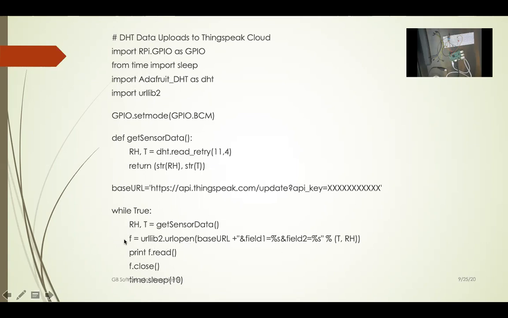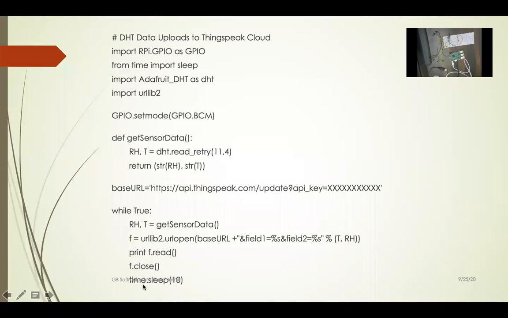Whatever is returned, we put into F, and we read that F. Generally F contains a value like 0, 1, 2, 3, 4, 5, 6, 7, which means how many data entries have previously been written. So we print F dot read, and then we close that URL session.